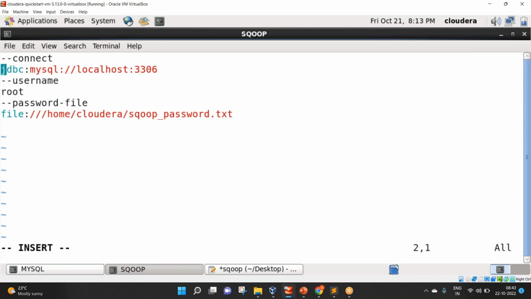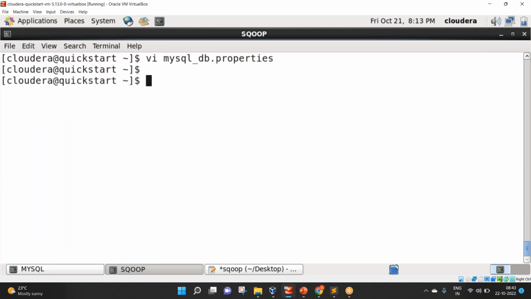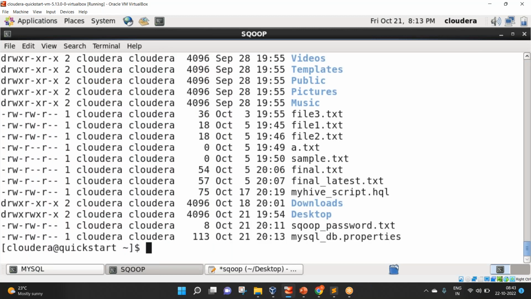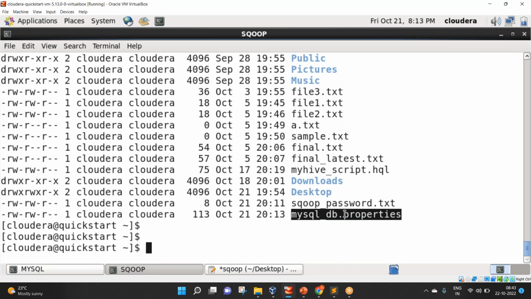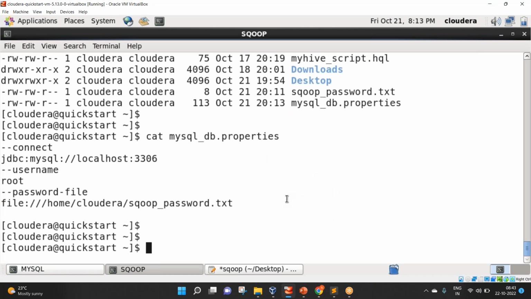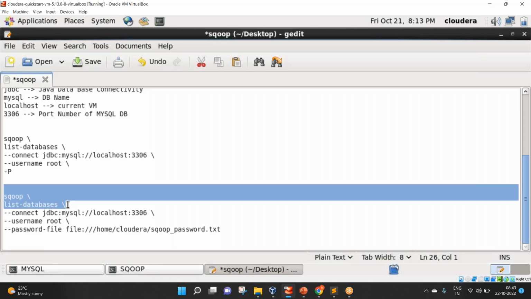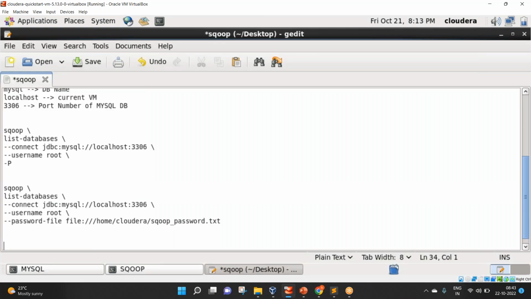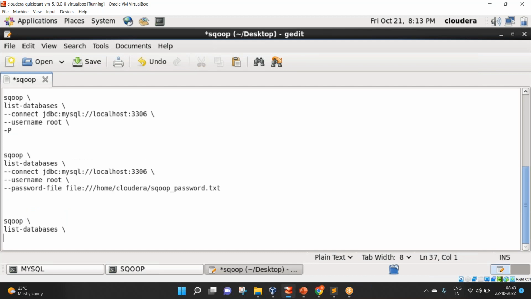Right? So that's how it is. Now, once this is done, you have to save and come out of this file. So you have this properties file created now, mysql_db.properties. I'm going to use the same. Before that, just double check the contents, mysql_db.properties. So let us use this file now. So go back here. Now I'm going to modify my command slightly. So here I'm going to mention --options-file and then mention the